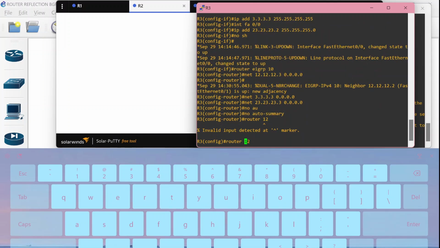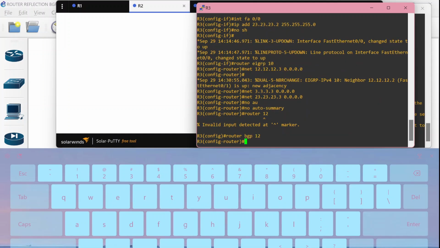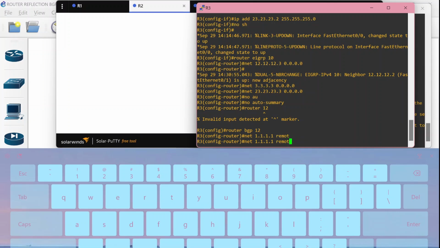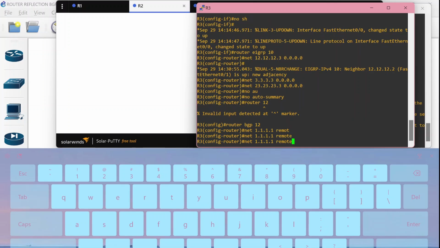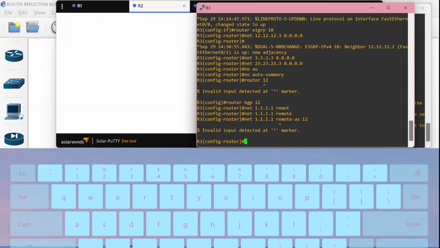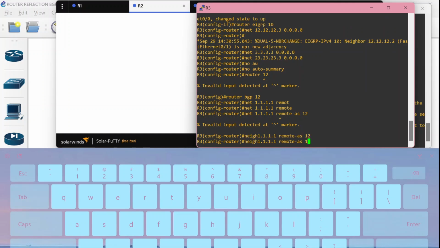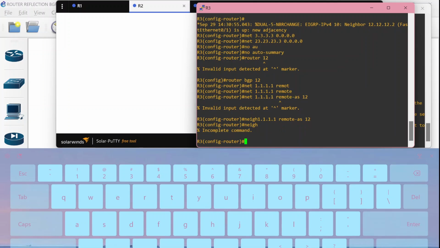Because the function is the same, we can make the IP the same as the other configuration, but there is a little bit of difference. And don't forget, I made a mistake, I'm sorry, because it should be not network but neighbor. I'm sorry guys.